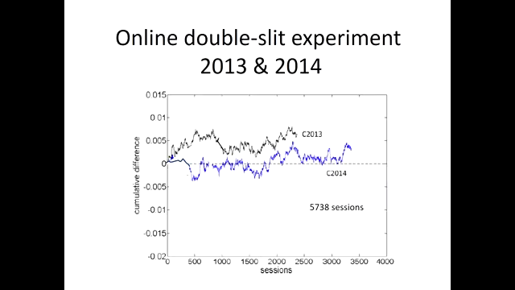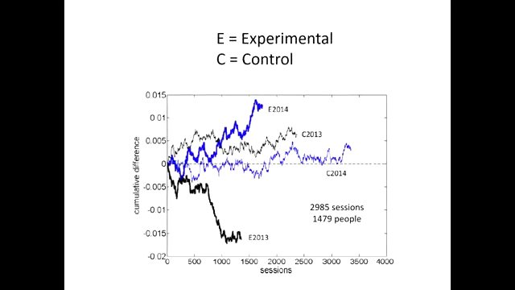We then, again, in every case when we do an experiment and get a result like that, we don't believe it ourselves and have to replicate it just to convince ourselves that it's real. So we did it again in calendar years 2013 and 2014. So here are 5,700 sessions of the controls. This is now a cumulative deviation plot. So cumulatively, you should expect that the deviations that you see in this experiment should sort of hover around 0. There shouldn't be any systematic deviation, and there isn't. There's a slight positive movement in the 2013 data, but not in 2014. This is the controls. Then we look at the experimental results.